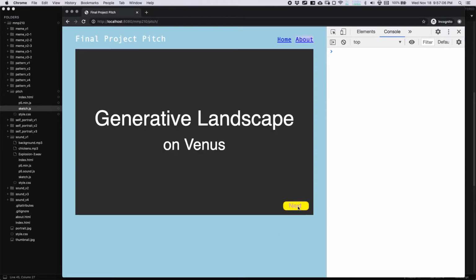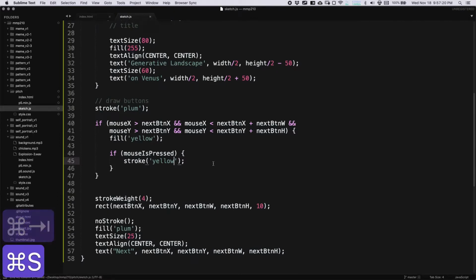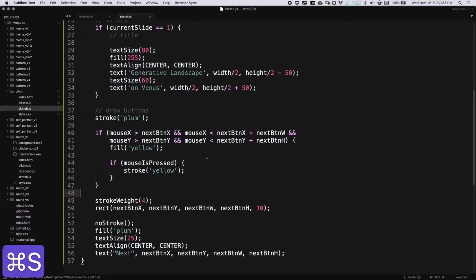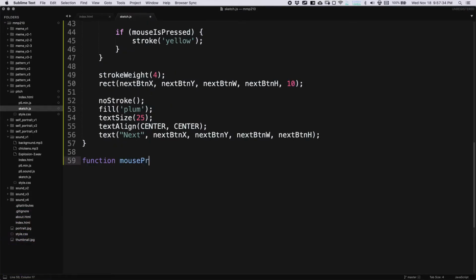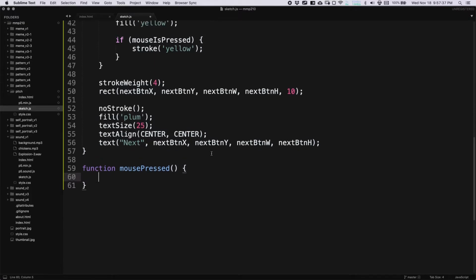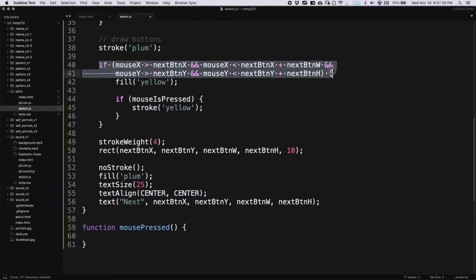And so that should trigger the next slide. Obviously it doesn't at this point because it's just the visuals. So remember, the visuals are separate from the actual functionality. So let's add that. So now we need our mouse pressed function so that when we do click the button, we'll go to the next slide. So we'll do function mouse pressed. And first we're actually going to use this same if statement here. So I'm going to copy that. So if we're over next button,